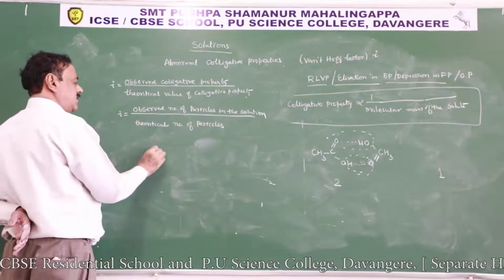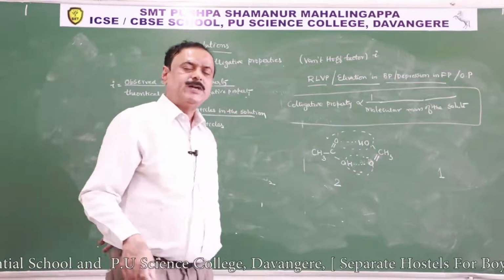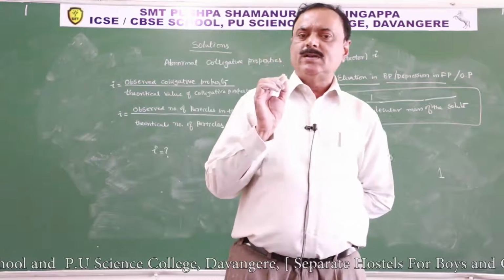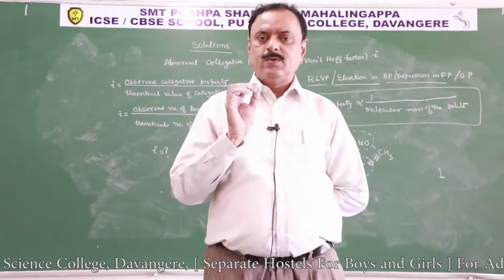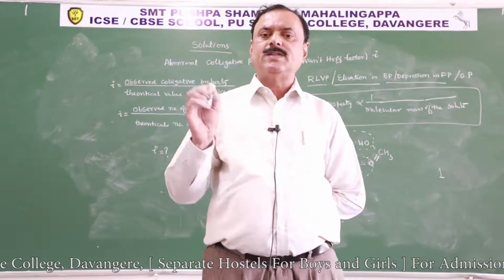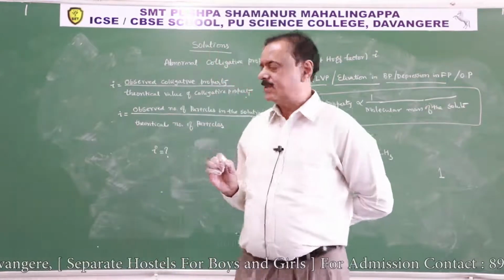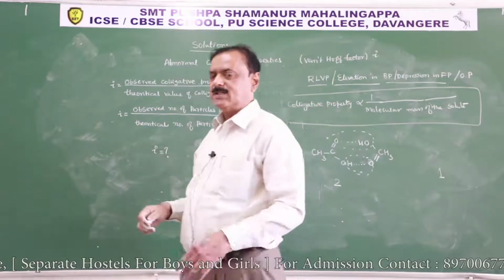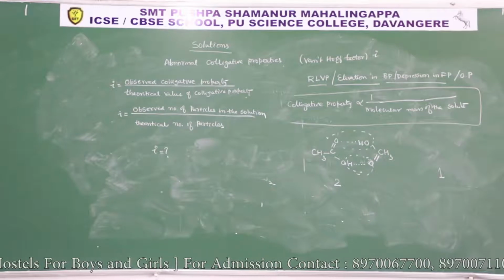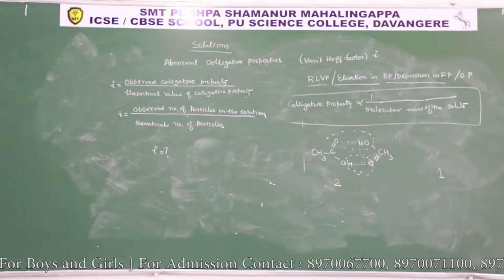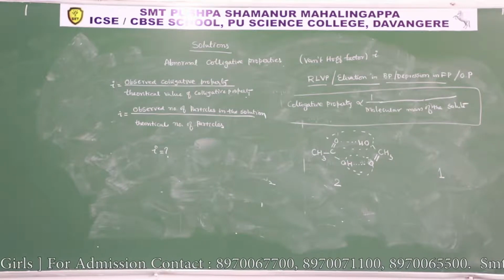What is the van't Hoff factor? How to define the i value? The van't Hoff factor is the ratio of the observed colligative property to the theoretical colligative property, or the van't Hoff factor is the ratio of the observed number of particles in the solution to the theoretical number of particles. Is it clear? That is about the definition. Therefore, based upon this,